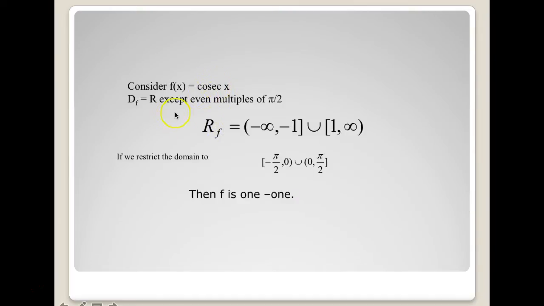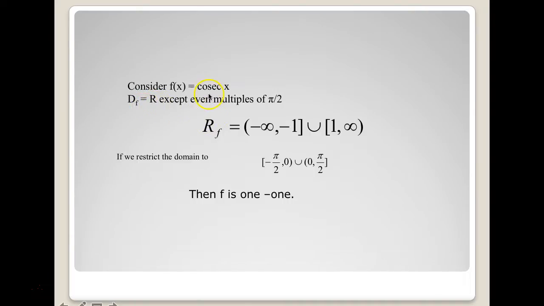Coming to cosec x, the domain of cosec x is R except even multiples of pi by 2, because cosec pi is infinity, cosec 2 pi is infinity, and so on. The range of cosec will be the open interval minus infinity to minus 1 union 1 to infinity. So points between minus 1 to 1 are not included in the